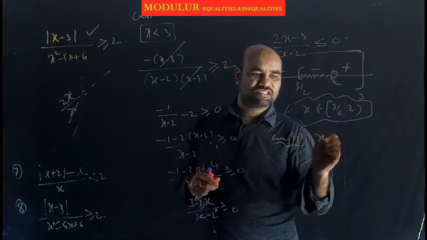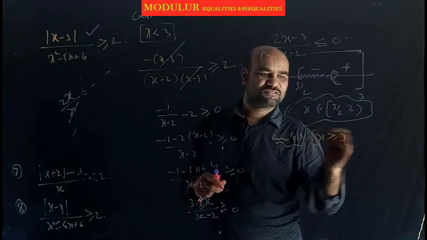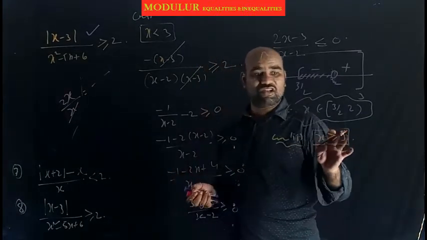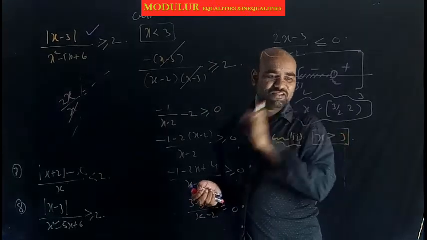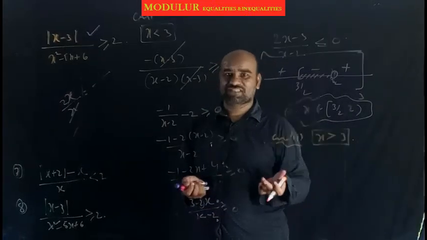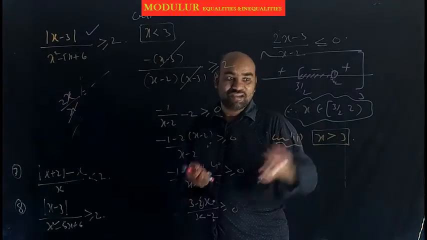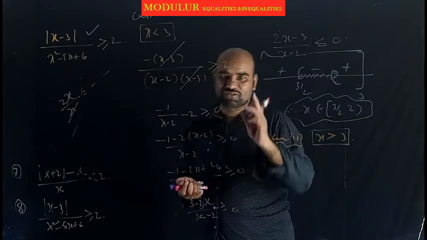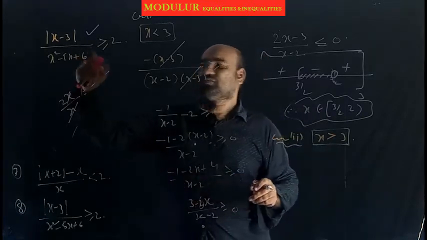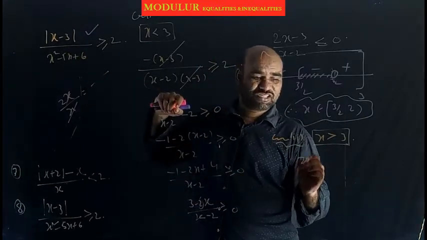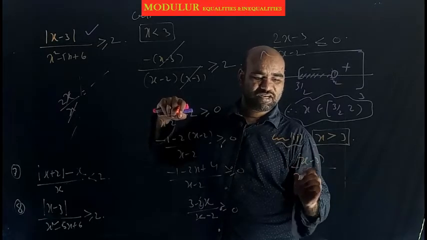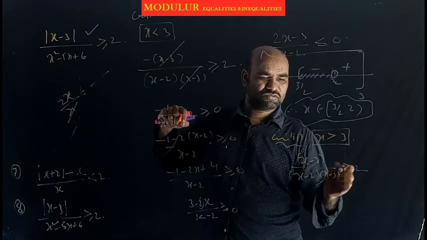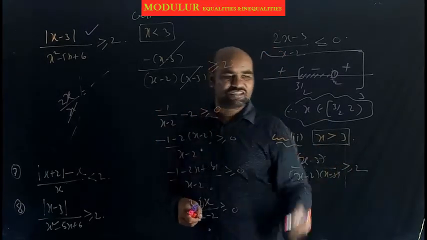These two should be unioned. x greater than or equal to 3. I can't take greater than or equal to, no, because in the denominator x minus 2 and x minus 3, in the domain 3 is not there. I can't take that case. Just x greater than 3 I can take. Should take care. Okay. The numerator is x minus 3 only. The denominator is x minus 2 and x minus 3. Greater than or equal to, I can cancel, greater than 3 only.